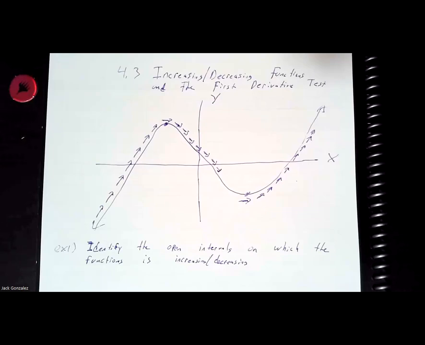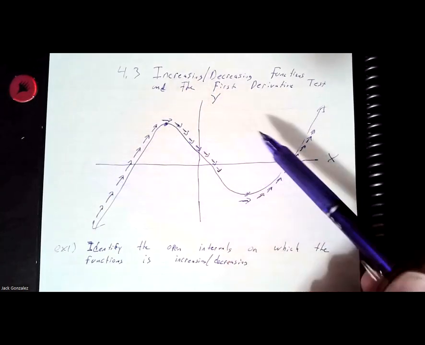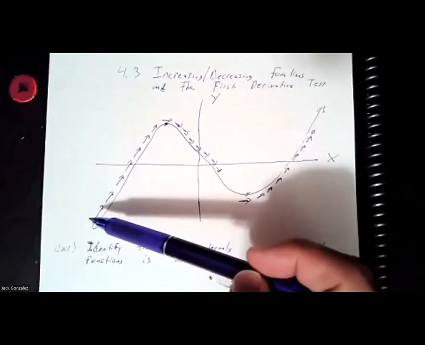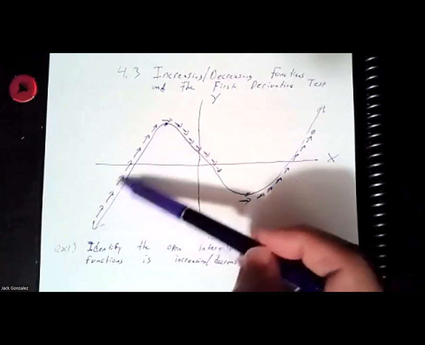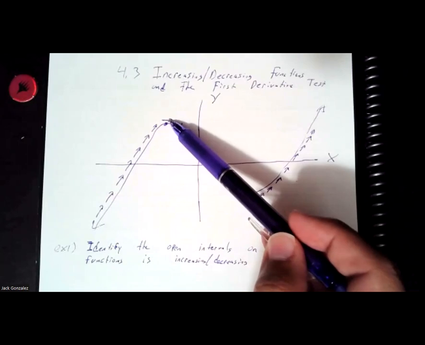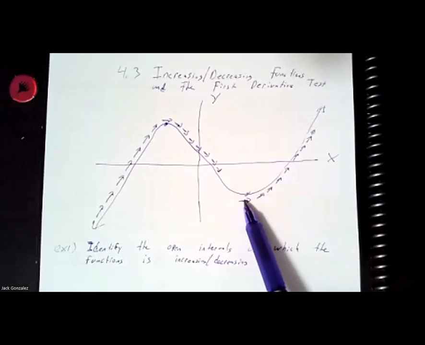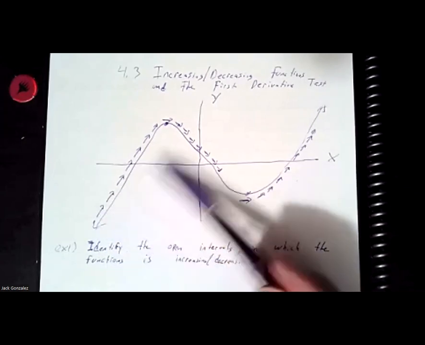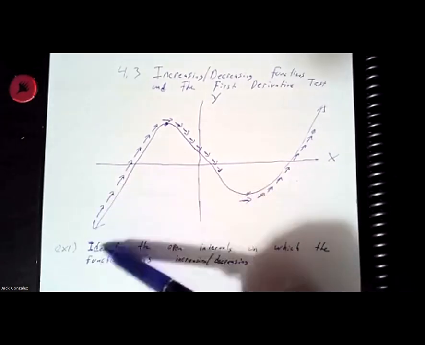Okay, so the idea of increasing and decreasing, the way I like to think about it, if I'm going left to right, just picture like a little car going up. If the lights are pointing upward, then it's increasing left to right. If it's horizontal, then you are constant. You start going down the hill, you are decreasing. And then here, constant. So up, the lights are pointing up again, increasing. So it's really easy to visualize if you have any graph and you're looking at it from left to right. You can visually see the slopes